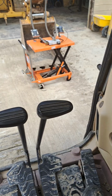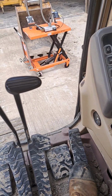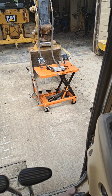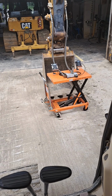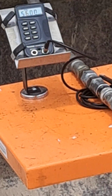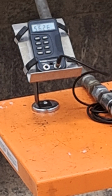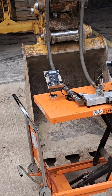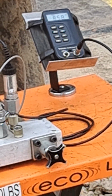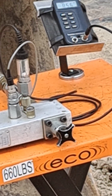So we'll just start this guy up. Take it to high idle here. Get about 56 gallons per minute through our flow meter. Pressure, almost 900 psi. I've got that load valve wound wide open, but